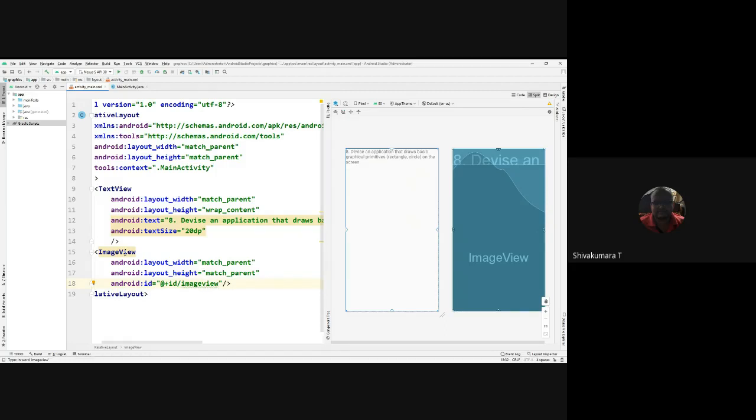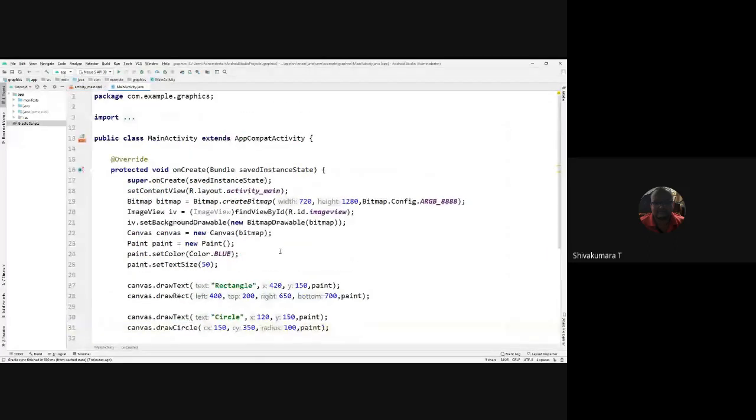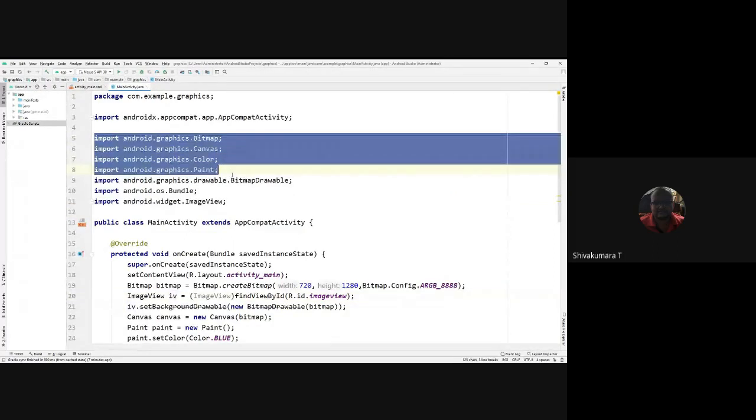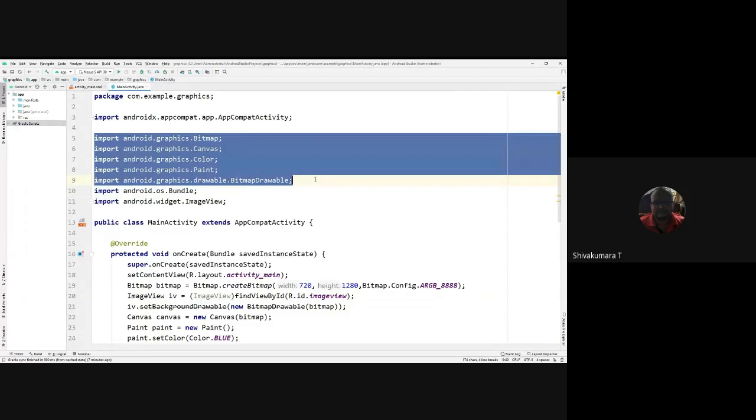So now I'm binding this image view ID by findViewById, R.id.imageView, binding that image to the image view object iv. The following are the packages required to be imported onto an activity class.